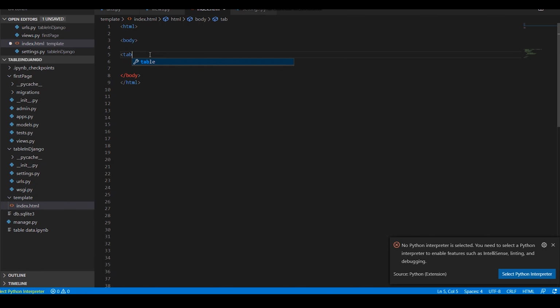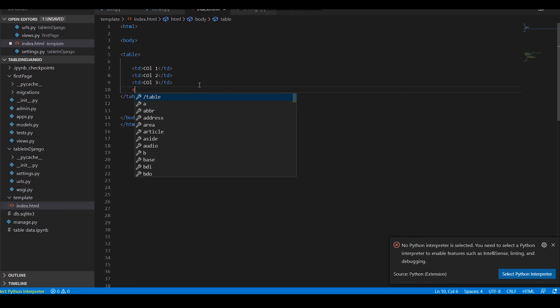In HTML, you have to use the table tag, and once we have the table, there are certain HTML tags. Like td defines the column names. Let's say I would say column 1. All the column names are supposed to be defined in one go, so I will first define all my column names. Once I have my column names defined, I have to define my row. To define a row, we use tr, and then there is another one, th. It just adds an additional border, but we don't care about it right now.